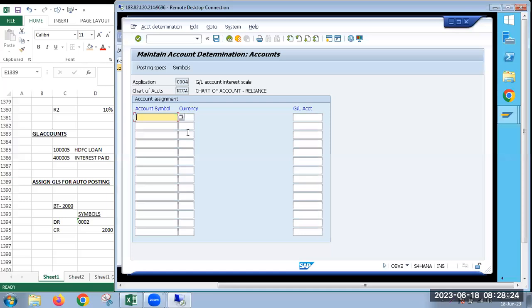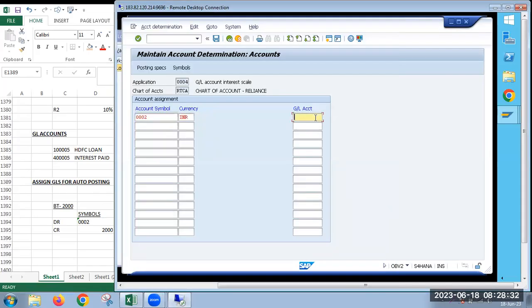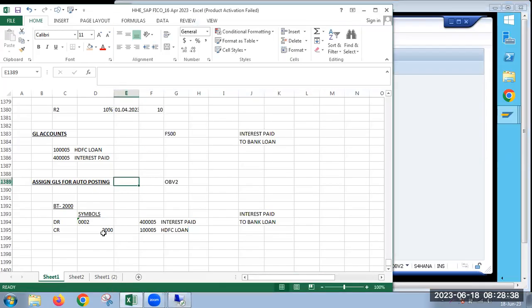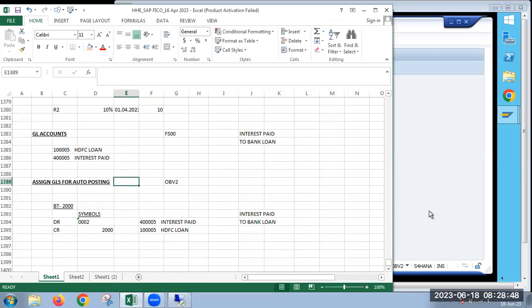So we will do like that: 0002 with the currency INR, we will specify the GL 400005. Second, with account symbol 2000 and INR, here we are supposed to use 100005,